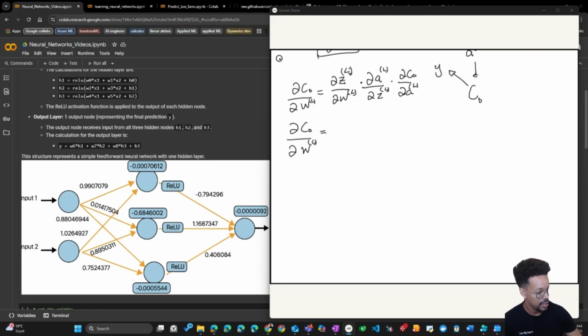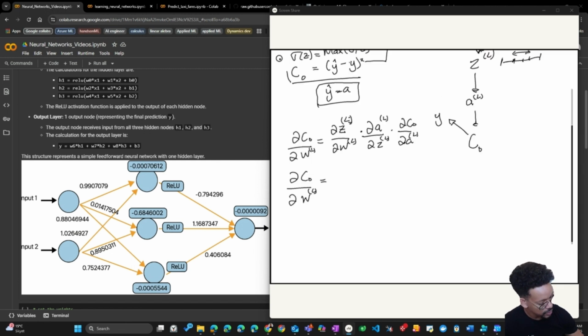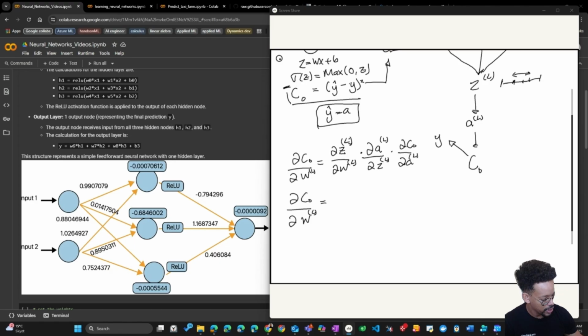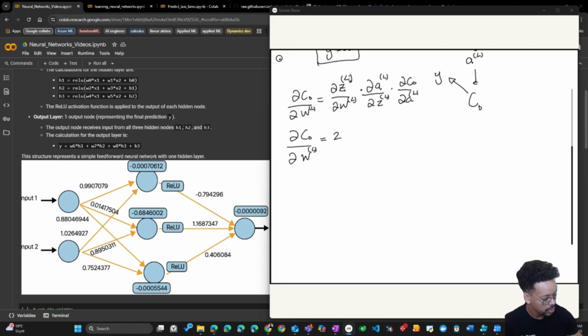So this is, as you know from here, the weight function, the cost function looks like this. So this is the cost function. Now I swap this with A, and what I get here is 2 and A in the same layer, so minus the predicted value. We do the same for the activation function and do it with the Z in the same layer, of course, which gives us